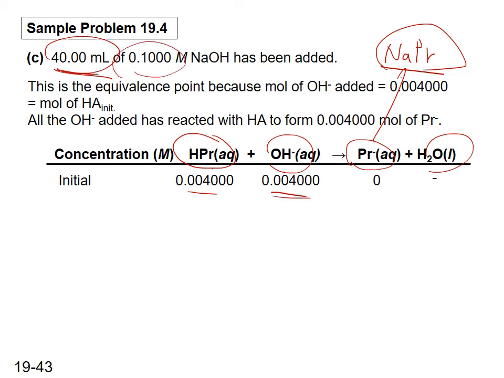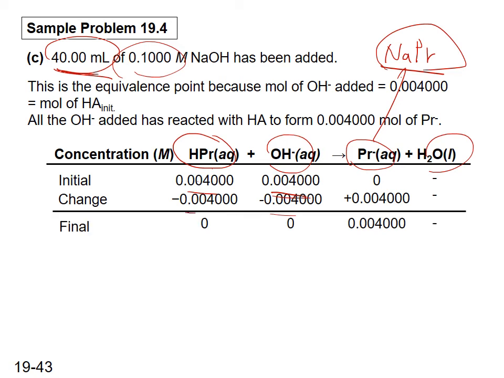The reacted amount must also be the same, 0.004. Reactants are negative, products are positive. So at equilibrium all the acid is reacted, 0 remaining. Hydroxide also all reacted, and the product formed is 0.004 moles of